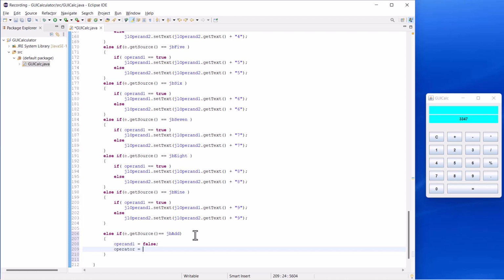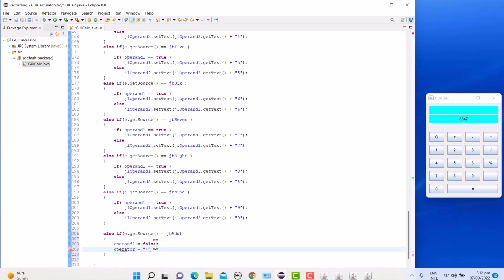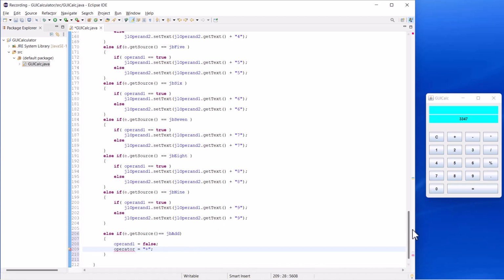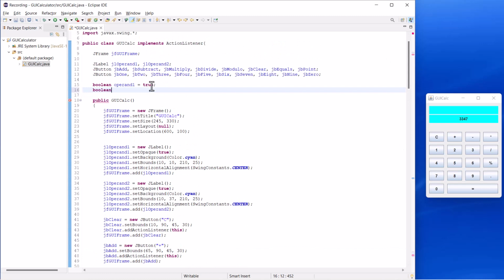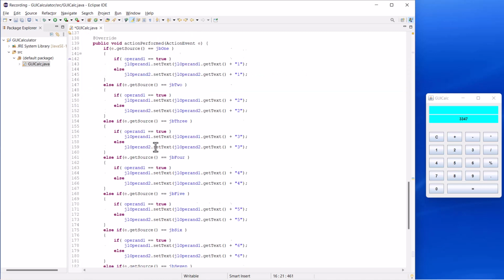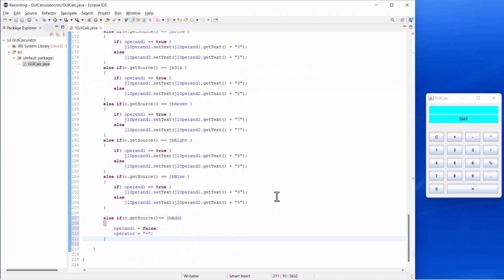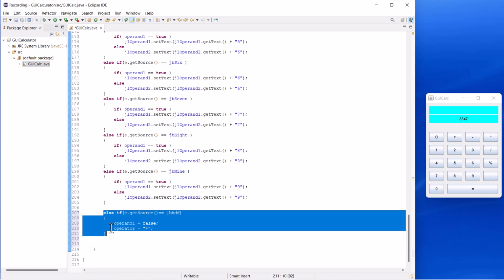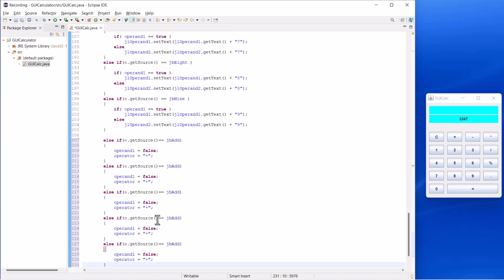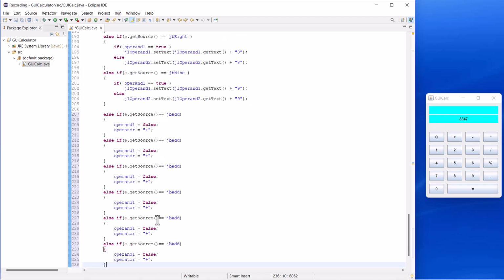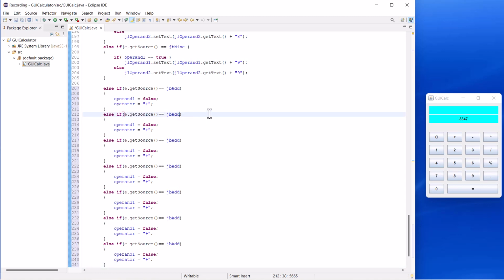Then we have to introduce another variable. We call it operator, so that we will set that variable to the current operator. So of course we have to declare it, and this time the data type will be string because we are assigning a string to this variable. So the same logic will be applied to all the operators. So we simply copy paste, and again we simply modify the names of the variables and the string that needs to be modified. So for subtract,